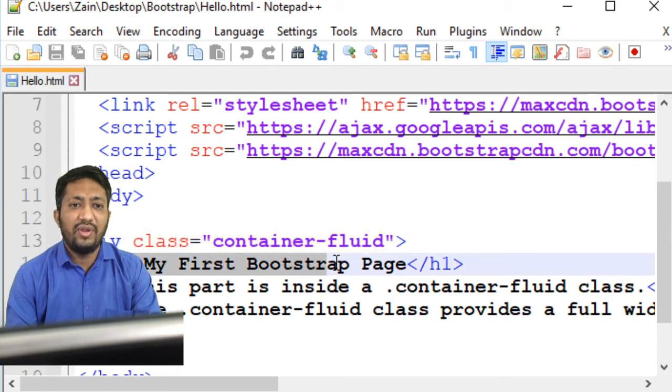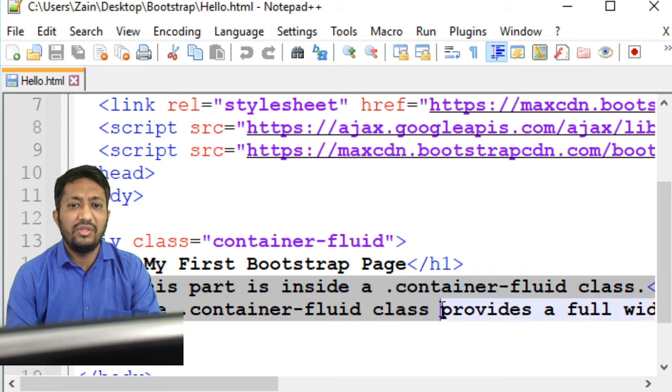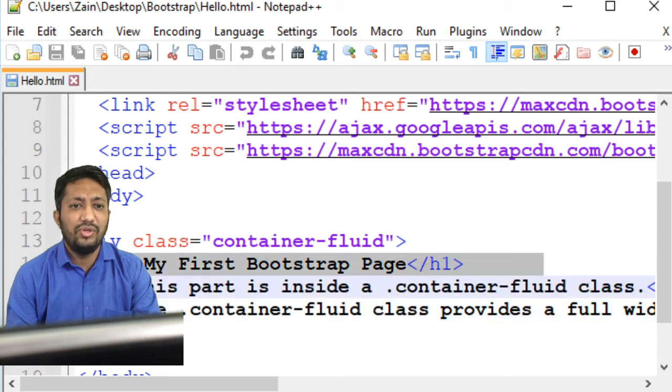First I want to write my first Bootstrap page, and this is the description of why we are using the container fluid class. This is a very simple code. If we want to write a hello world program, we can write h1 directly, but if we want to make a responsive page, then we have to write all that code in a div tag.